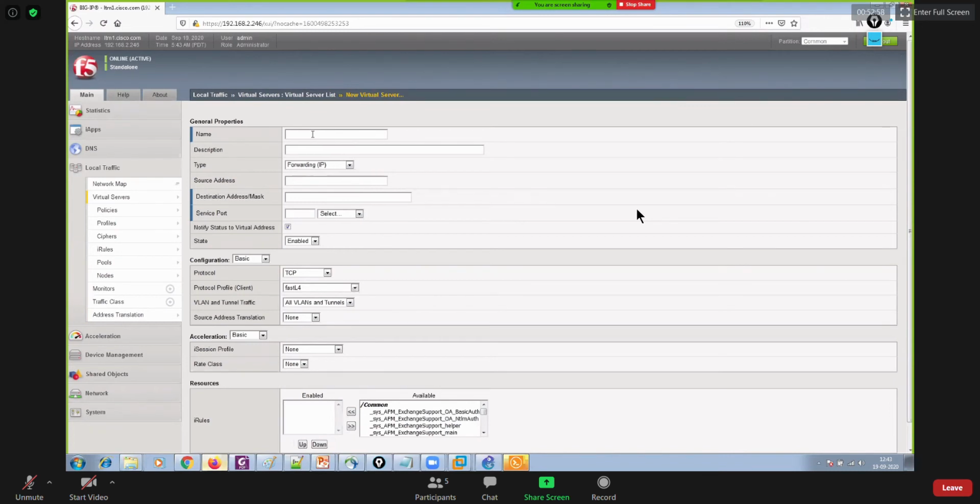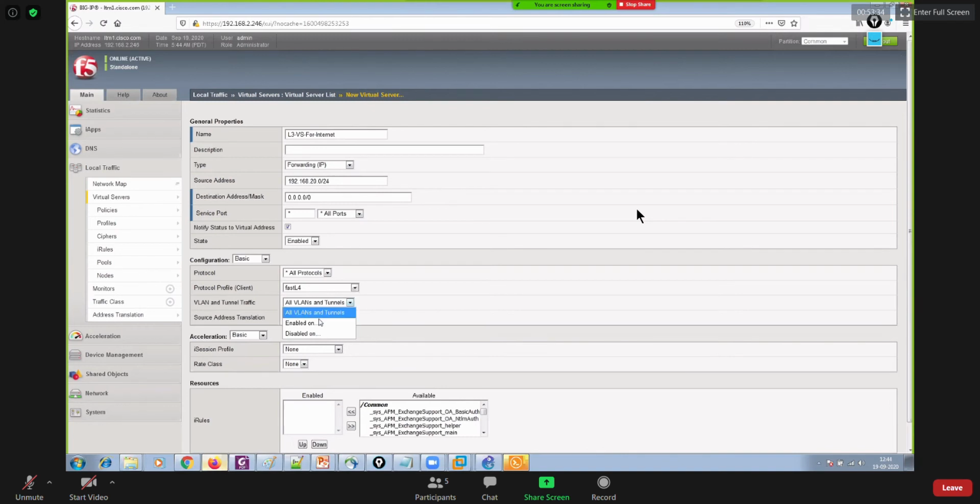The name is like L3 virtual server, maybe for internet. Description, you can put anything. The source IP address is going to be my real servers' subnet, and the destination is the internet, so it is any. As for the port, I'm not sure at which port my Microsoft data center would be listening, so I'll just say all ports. Then protocol: it's not only TCP, it might use UDP as well, so I say all protocols.